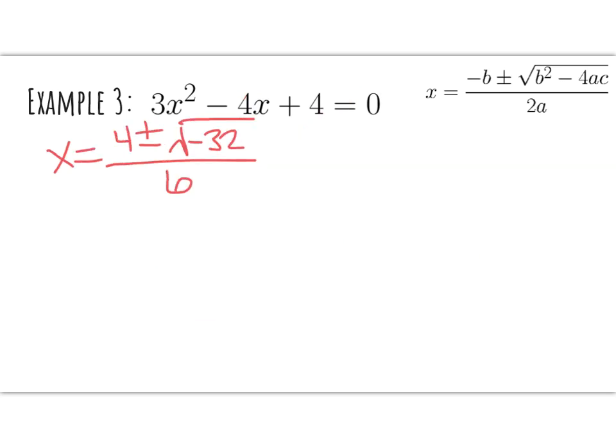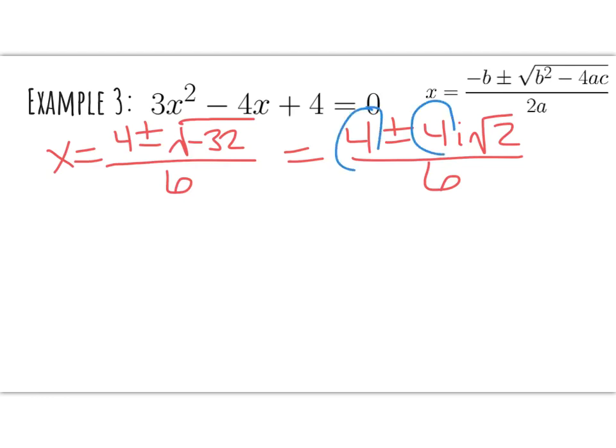Let's see if we can simplify this radical at all. And we know that we can. Negative 32. Well, first off, the negative means we're going to bring an i outside. There is a perfect square factor of 32. It's 16. Square root of 16 is 4. So we'll rewrite the numerator as 4 plus or minus 4i square root of 2 over 6. And we'd be done except for the fact that the 4, the other 4, and the 6 all have a common factor